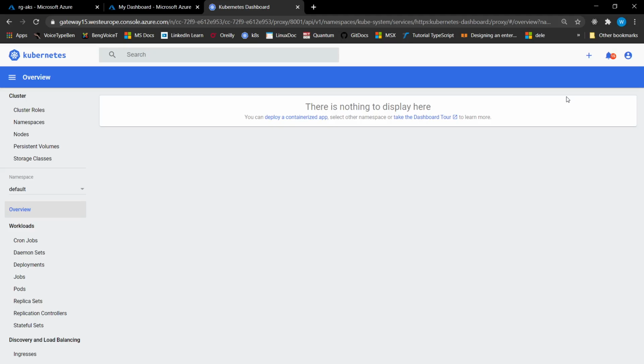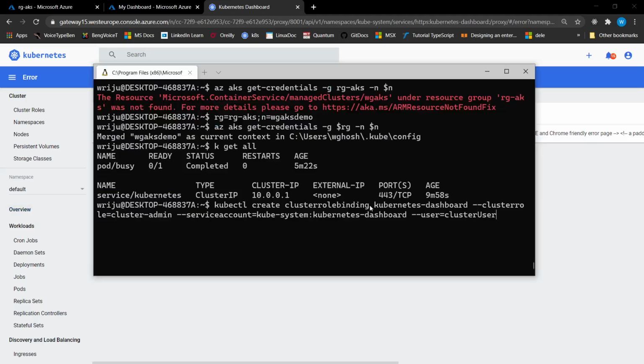So what I'm going to do is go ahead and create some roles here. What this is basically doing is creating a cluster role binding in the Kubernetes dashboard and then giving some responsibilities over here. So it is kind of done. Now I just try to refresh this and it should now pick up from there. If it is not, then I will just rerun the whole thing so that the cache and everything gets cleared